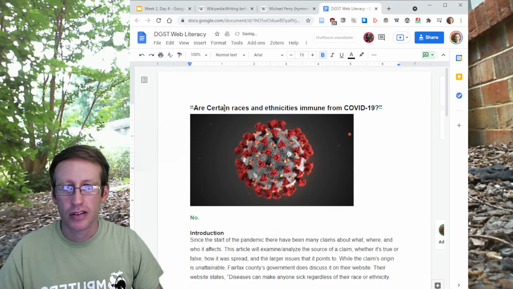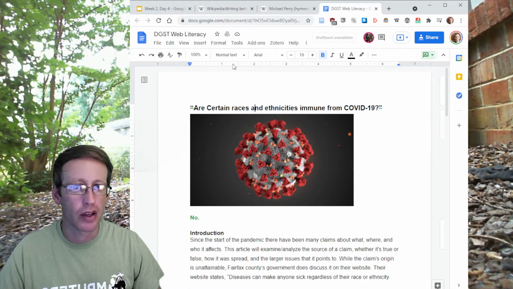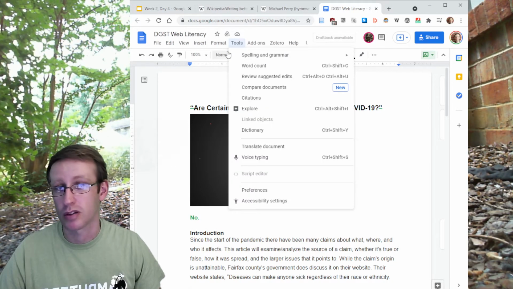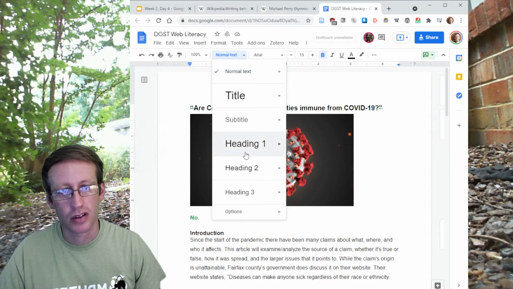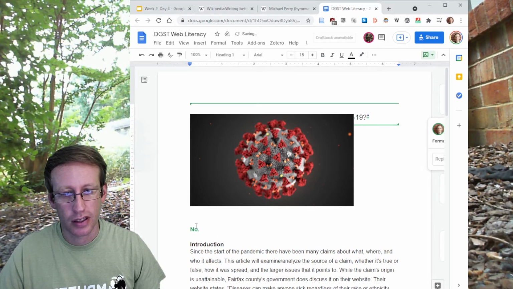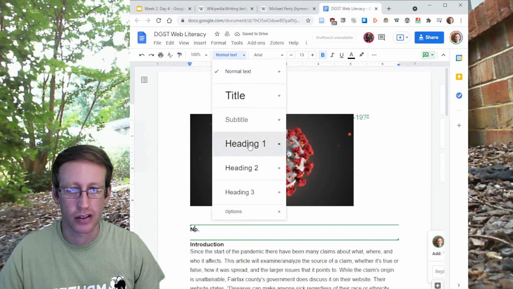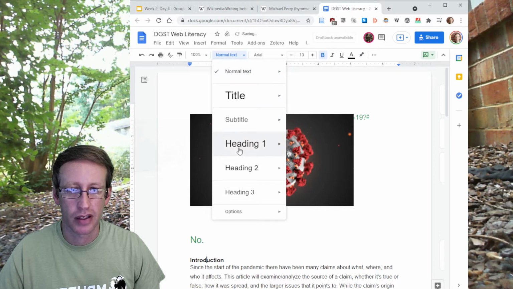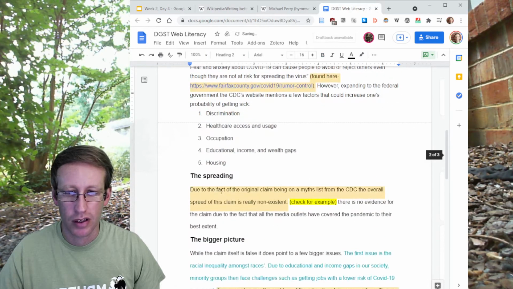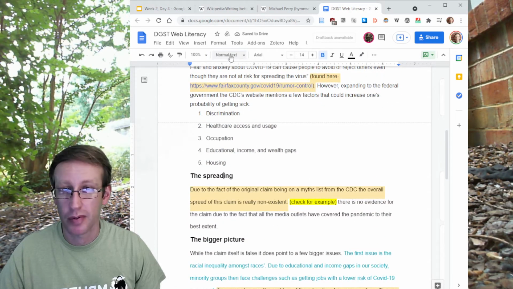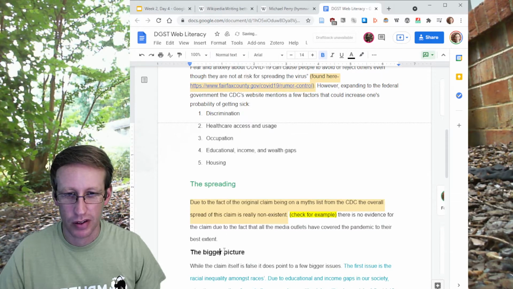You should make these headings. So let's make this one not just bold type and larger, but actually make it a heading. Use the actual structural elements of the document. So let's make that a heading 1, and make that also a heading 1, and then make these heading 2. But I'm going to also recommend changes for these as well.